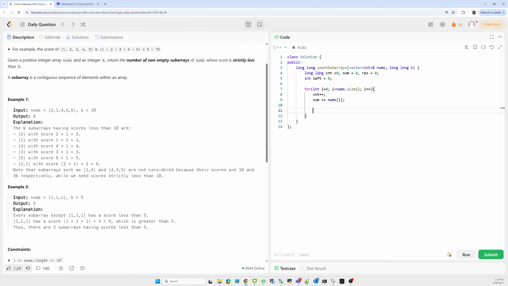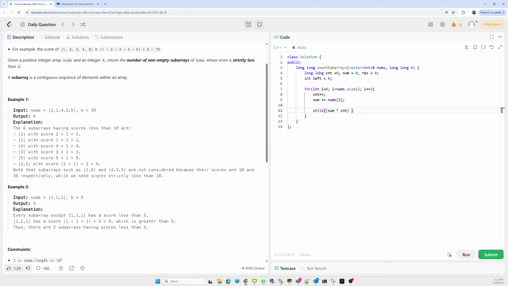Now we have to check, when we include the ith element, whether it is possible to make a subarray with score less than k.